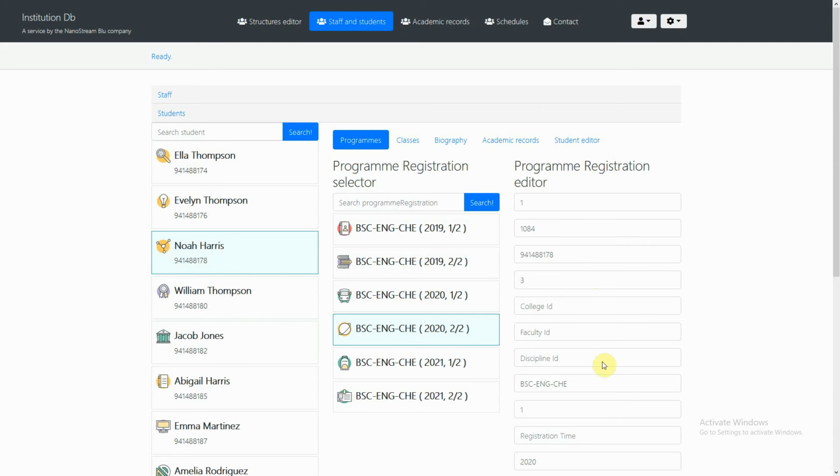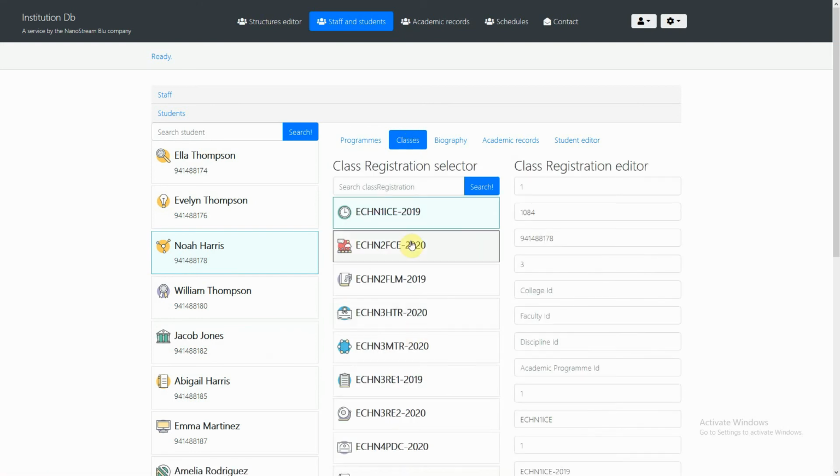So of course all this is not intended to be for the front end. The front end for an administrator would be a little friendlier than this. This is intended to be a look almost directly at the database. However, it is usable. You can use this interface to edit your data. So anyway, you can register students for programs in this interface, and then you can register students also